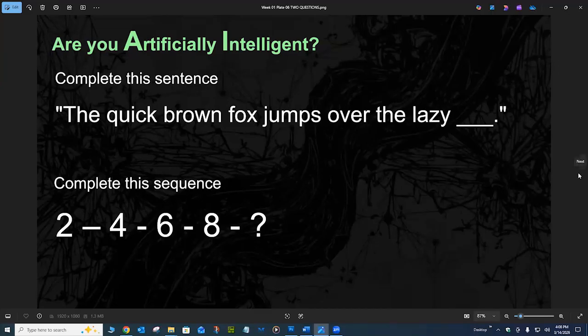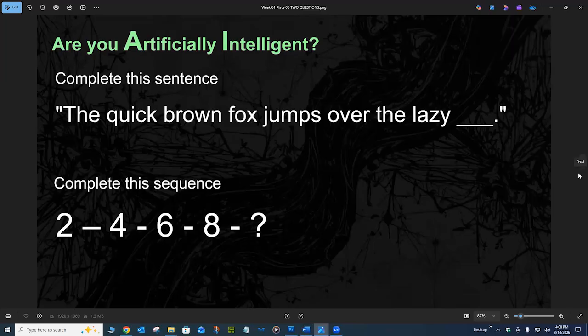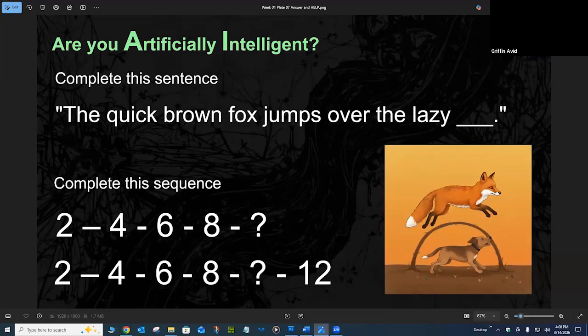All right, everybody. Let's go to something a little bit easier then. The second one, we hope. Complete the sequence. 2, 4, 6, 8. What comes next? 10. Yes. Thank God. Okay. So the question becomes, now that I give you a picture, do these questions become easier